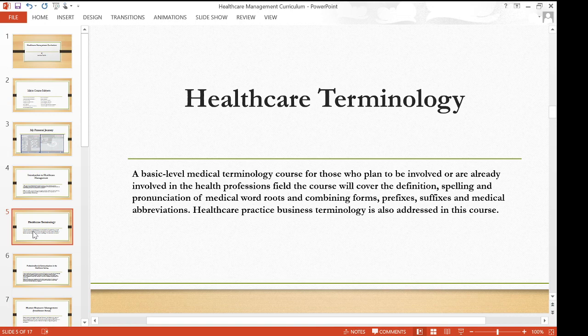But in healthcare management and consulting, you manage the entire facility, like you are the boss of the entire business. From the nursing department to the administration department to every other department within that organization, you are the